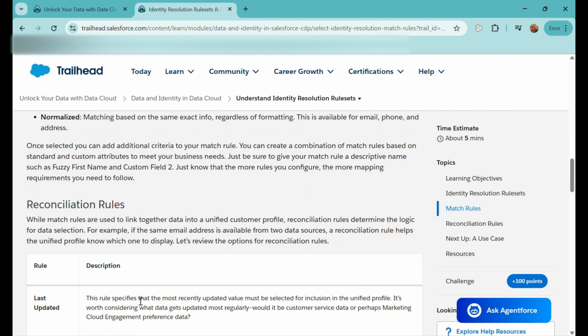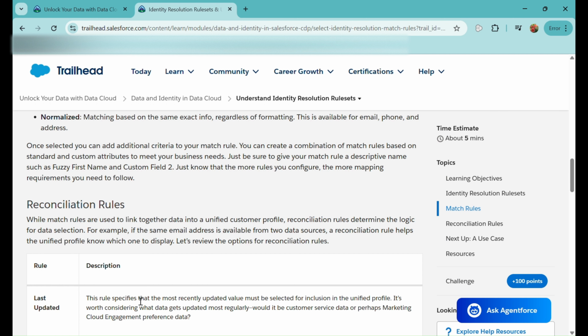And then we have reconciliation rules as well. Suppose data is coming from different sources, and in the resulting unified profile our customer has two different email addresses, and you might want to prioritize one over the other when you take some action on that data. So how can you decide which email to prioritize?